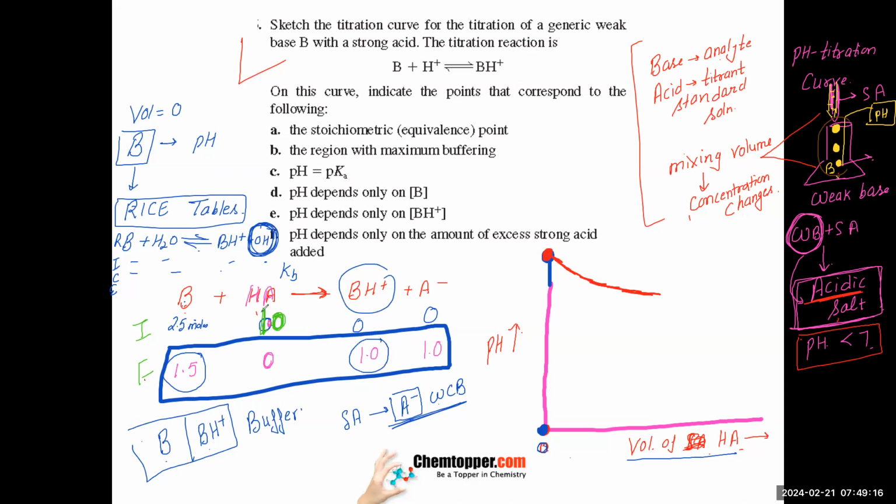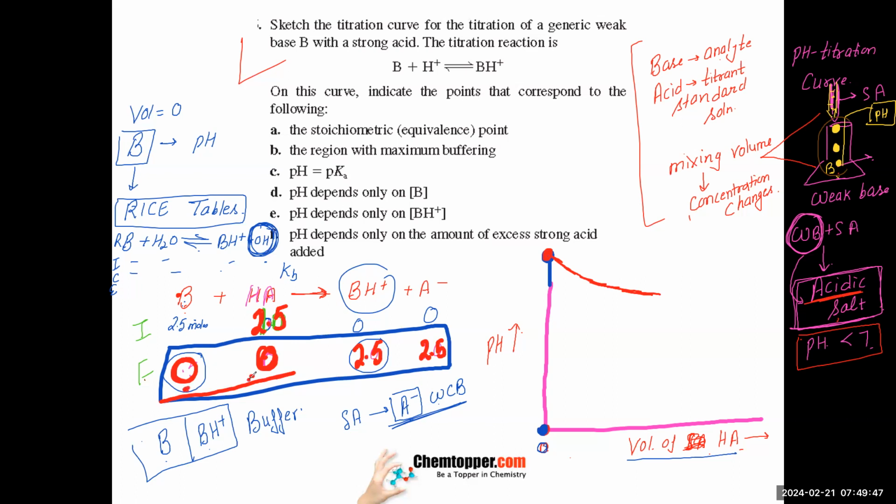And then let's say I added 2.5 of this. Work with me. 2.5 of this. How much is this? 0. How much is this? 0. So who is there? This 2.5. This one 2.5. What point is this when both of them are 0? When the base and acid are completely neutralized, what is it called as? Equivalence point. This is the